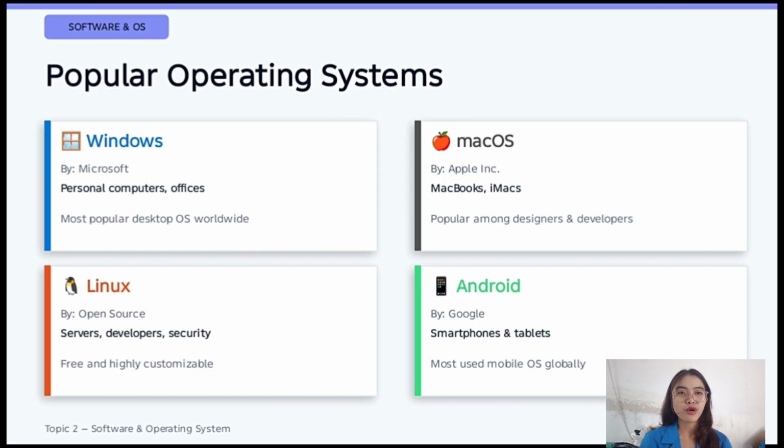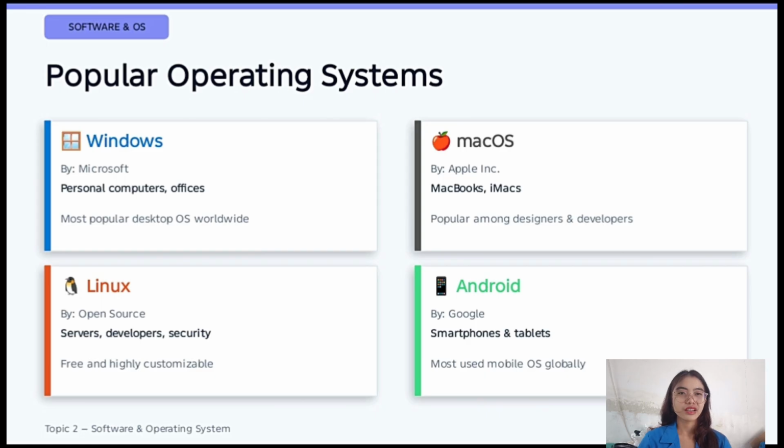It is the most popular desktop OS worldwide. Second, Mac OS, made by Apple Inc. Mac OS runs on MacBooks and iMacs. It is very popular among designers and developers.